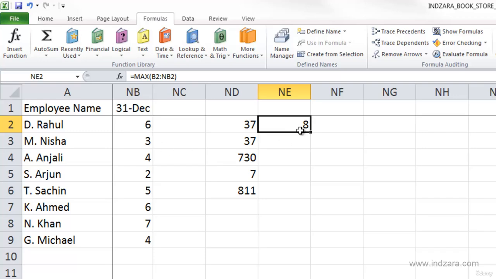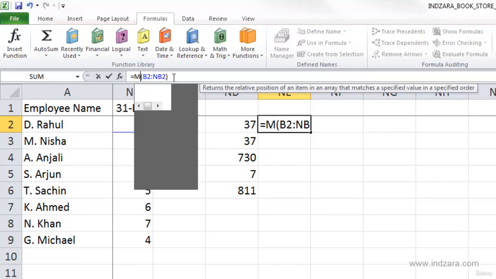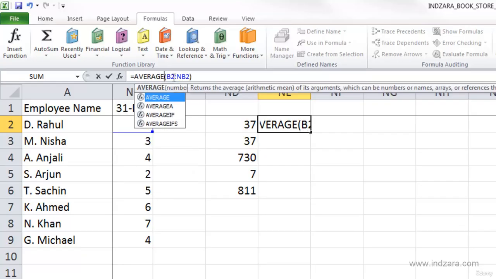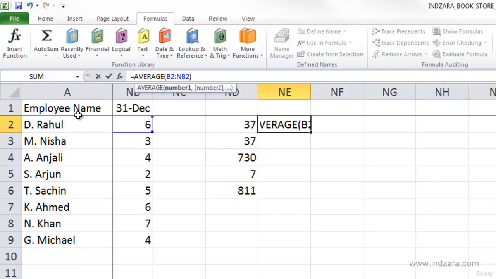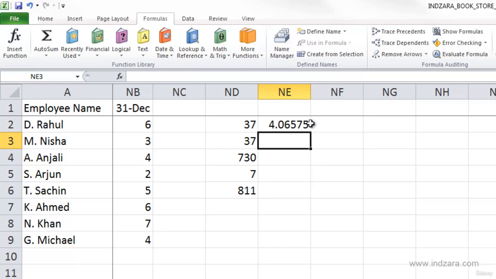8. And finally, if we want to do an average, let's do an average here, and I typed in average because that's the function name. Average will return the average of its arguments, which can be numbers or names, arrays or references that contain numbers. So basically, B2 to NB2, Excel is going to calculate the average for that, and that is